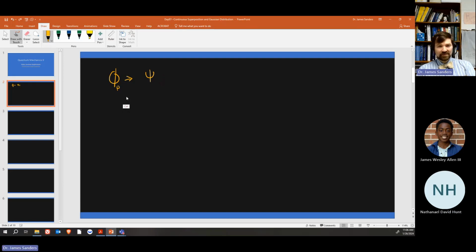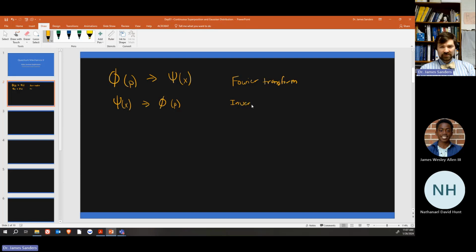Sorry, it's bad notation. Phi of p to psi of x, in time or at time 0. And we said that this operation would be a Fourier transform. And then going in the other direction, psi of x to some function phi of p is an inverse Fourier transform,